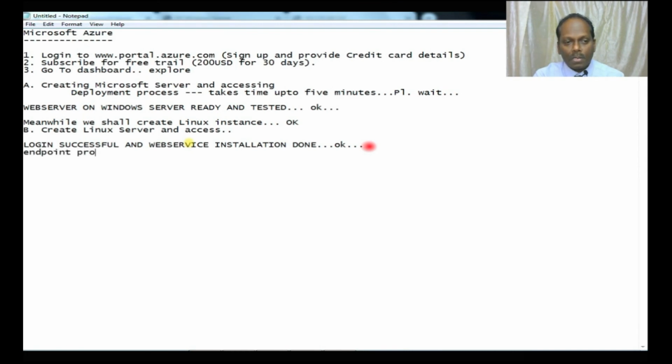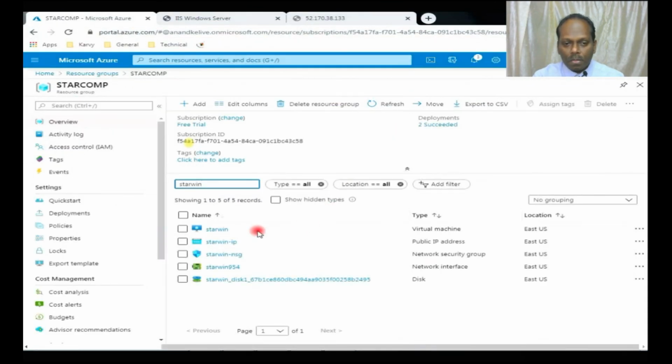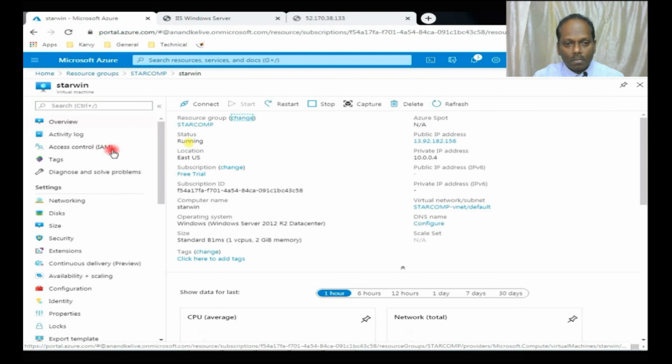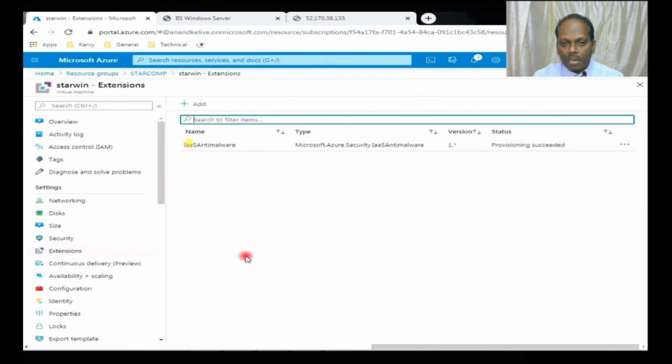Endpoint protection on Windows Server is also done. Deployed successfully on Windows Server. Similarly, you can add any other extensions also. You can see provisioning succeeded.